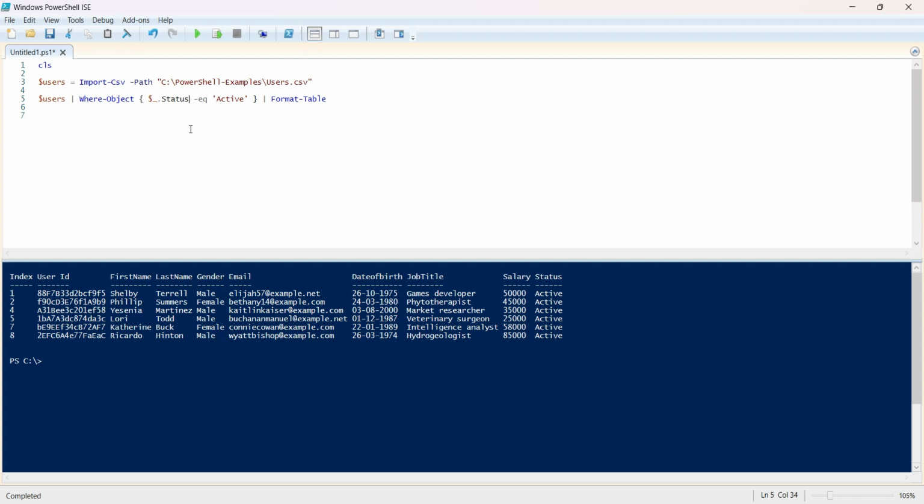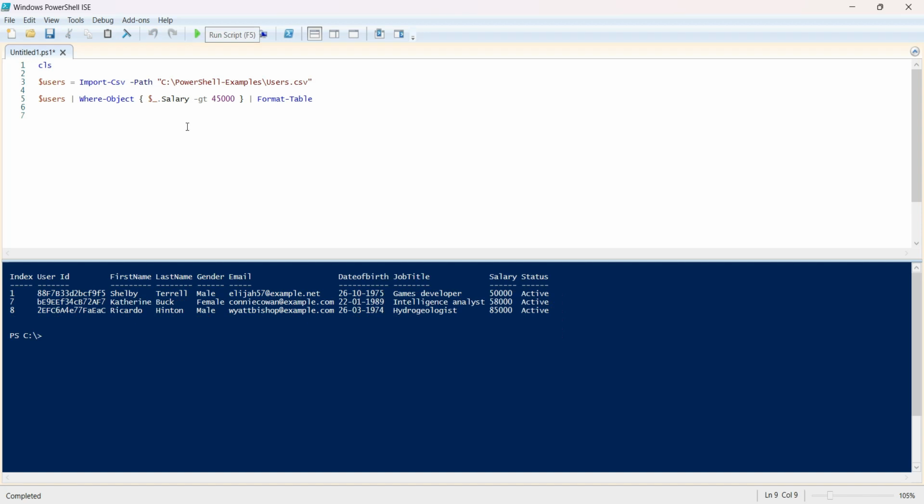So for example, if you would like to filter the records that have a salary more than 50,000 or more than 45,000, you can say $_ dot salary is greater than, and then you just put in the number that you would like. If you hit run, you're going to get the filtered records where the users have a salary more than 45,000,